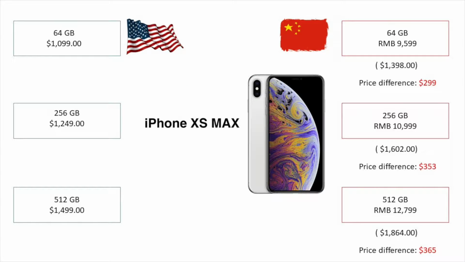All right, now let's look at the iPhone XS Max. The 64 gig in America is going to cost you $1,099. In China, for the 64, in RMB, it's 9,599. In American dollars, that's $1,398, a price difference of $299. In America, the 256 gigabyte is going to cost you $1,249. In China, in RMB, it's 10,999, which in America is $1,602. Price difference,